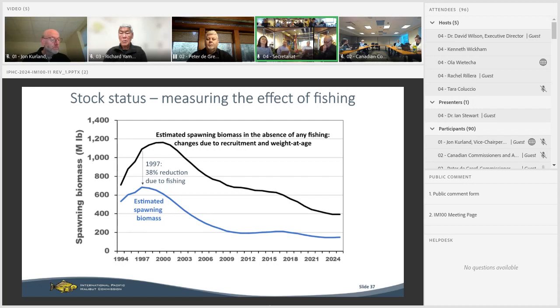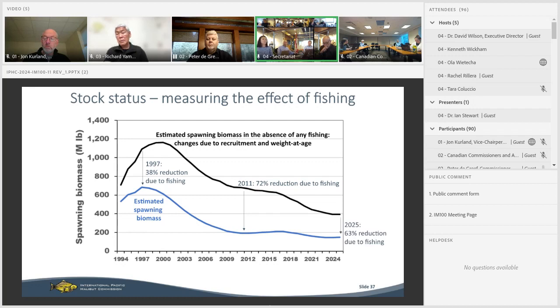And in fact, the management at the time was not making huge increases relative to what might have been possible as the stock was going up. We go forward a little bit more to 2011, we can see that we were reducing the spawning biomass by 72% due to fishing. This was what we estimate to be the hardest fishing we were doing on the stock over this part of the time series. So fishing was having a large effect on the stock as of around 2011.